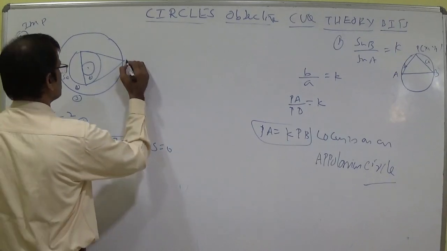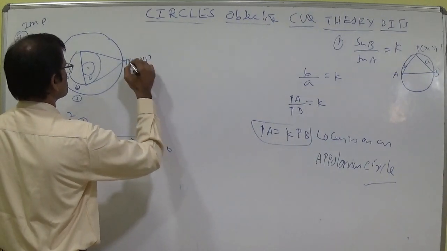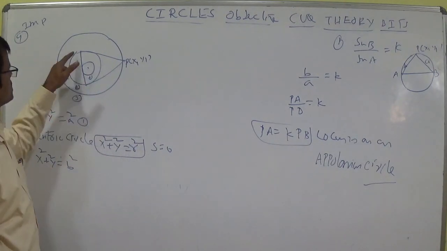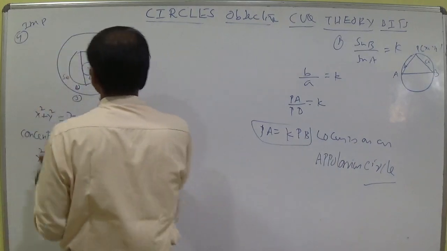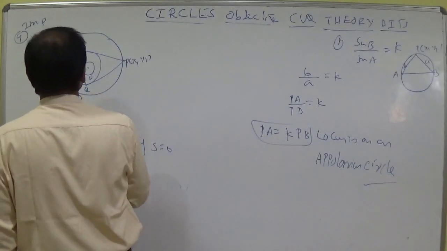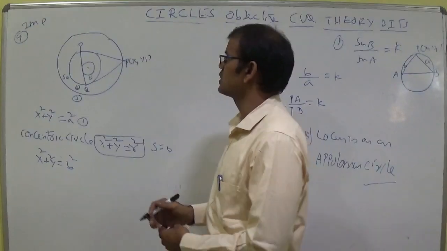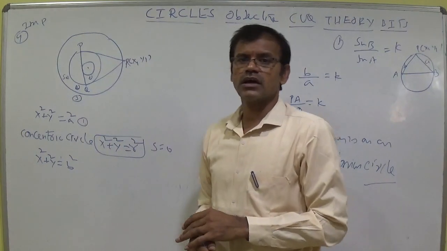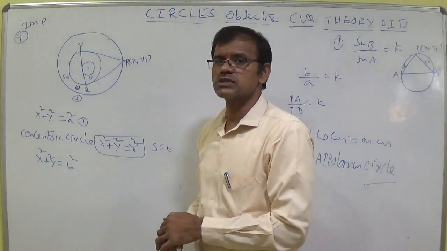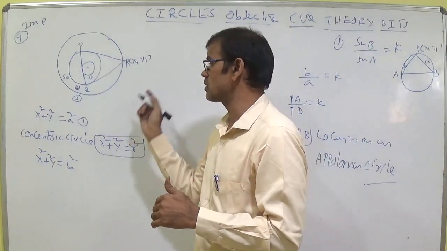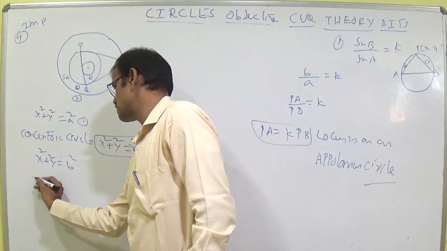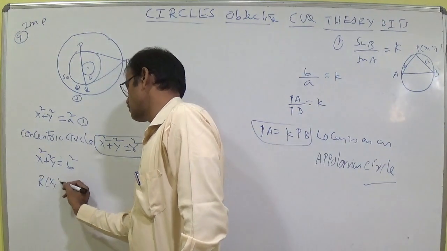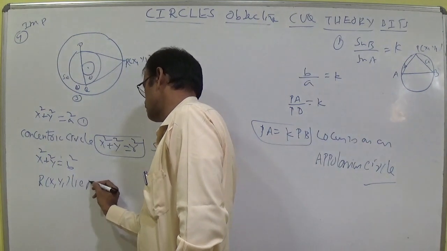So this is P x1 comma y1. Think like this. You should try to understand that this is a tangent drawn at the extremity of a chord, this is P and this is Q. So of course you can say that this is R. We should calculate the locus of R(x1, y1). R(x1, y1) is a point on the circle x square plus y square is equal to b square. Here you write R(x1, y1) lies on 3.